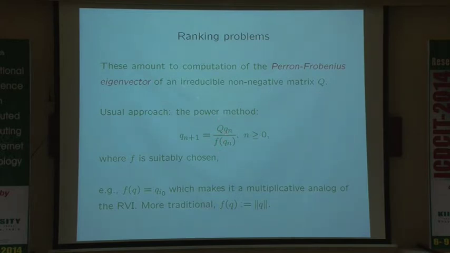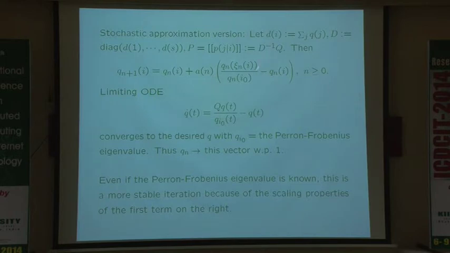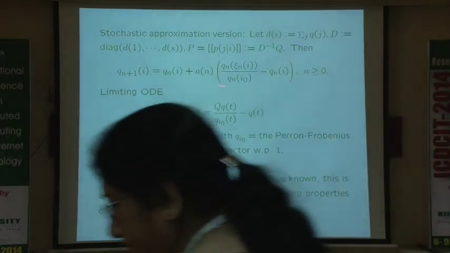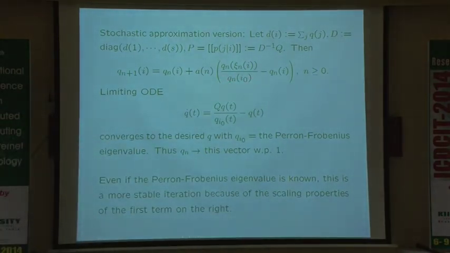I want to give a stochastic approximation version of it so that you can just sample neighbors and iterate. It becomes this. Of course, this is the synchronous version. I have not written the asynchronous one, which takes more effort, but one knows how to do that. The limiting differential equation is more complicated, a nonlinear equation, but one can show that it converges to the